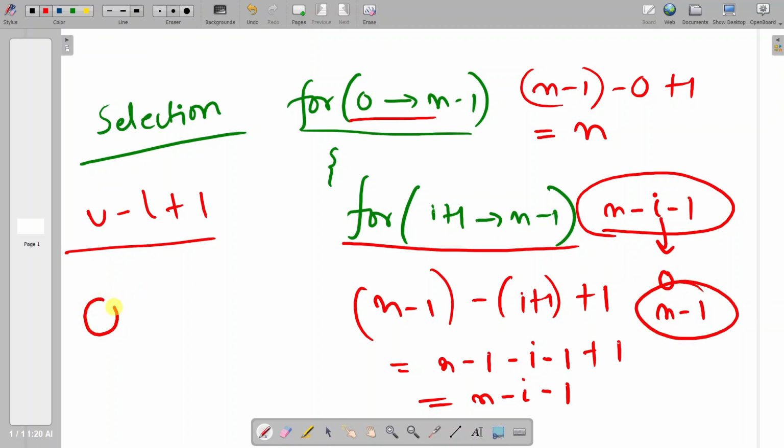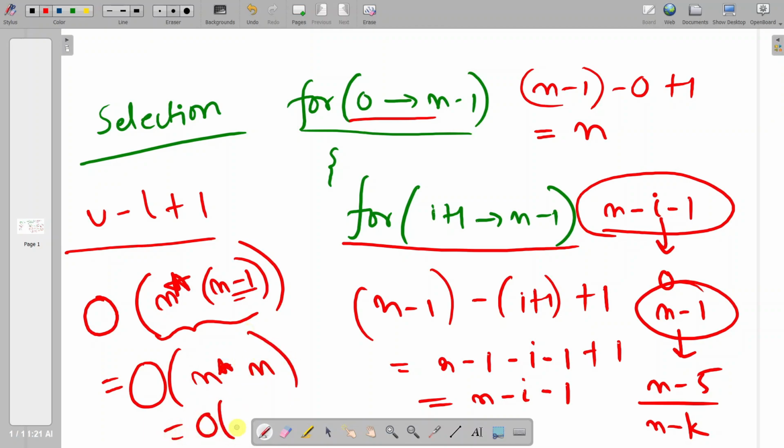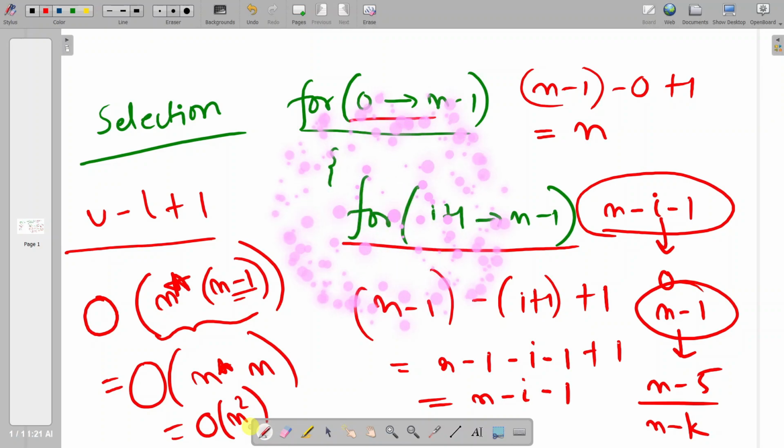So in the worst case scenario, the big O time complexity of selection sort will be n, and for each such n times we are running the loop n minus 1 times, right? But we don't consider this constant because the order does not change with constants. It is still a linear order, right? n minus 1, n minus 5, all these are linear order. So in general, n minus any constant k will not affect the order. It is still linear. So we can write it in better terms: O of n into n, that means O of n square. So big O of n square is the time complexity for selection sort.